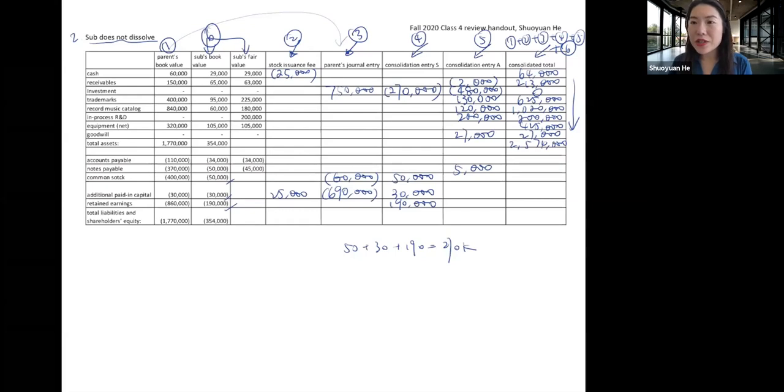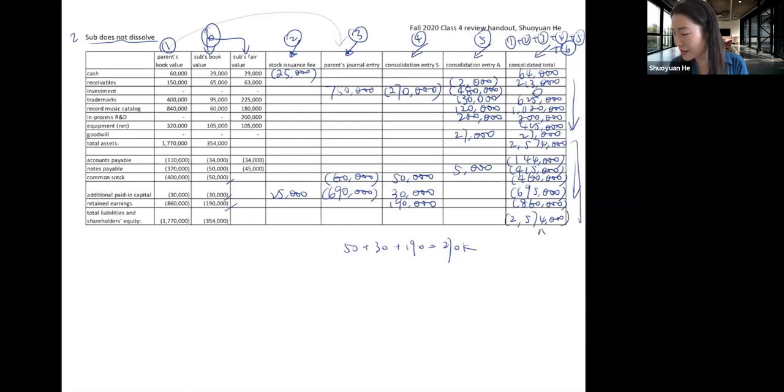On the liability and shareholders' equity side, our accounts payable will add up to 144,000. Notes payable, 415,000. Common stock, 460,000. And additional paid-in capital, 695,000. Retained earnings, 860,000. If you add them all up, that will add up to 2,574,000, which should be equal to your total asset. So here,